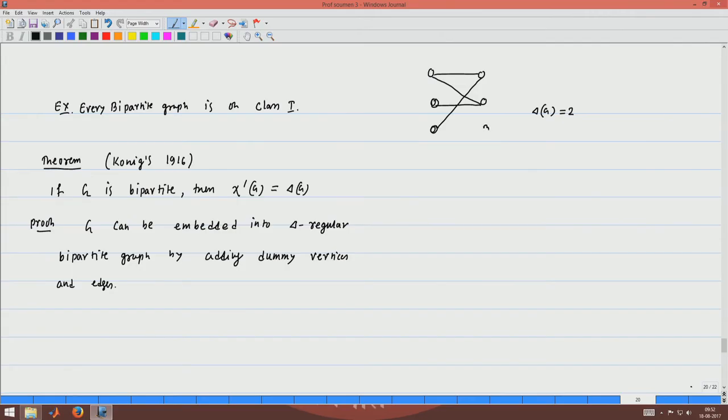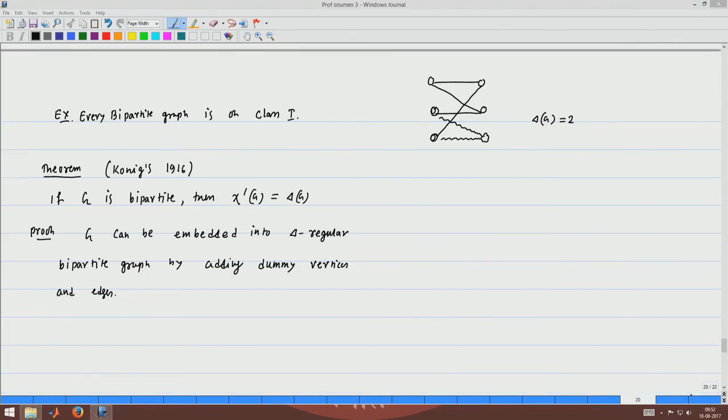So, you add a new vertex, say this one, and you add a new edge. So, this is a new edge which you are adding to make the graph a 2-regular bipartite graph, and this is another new edge.